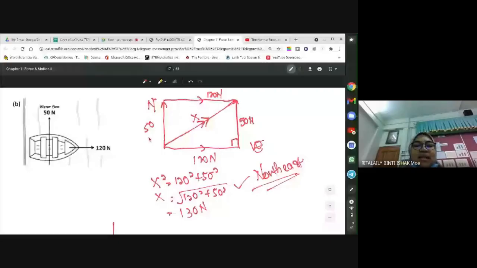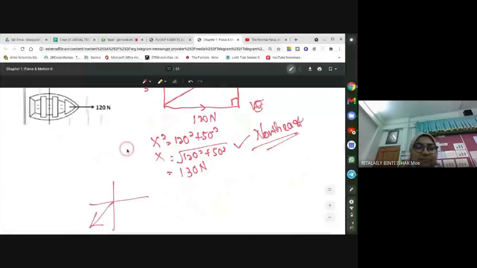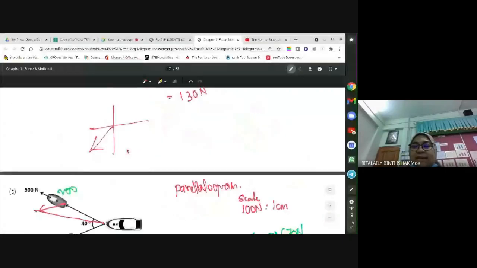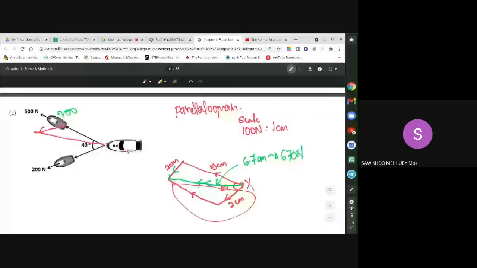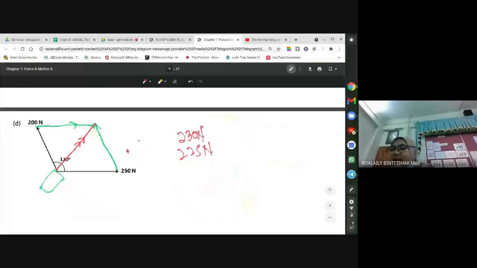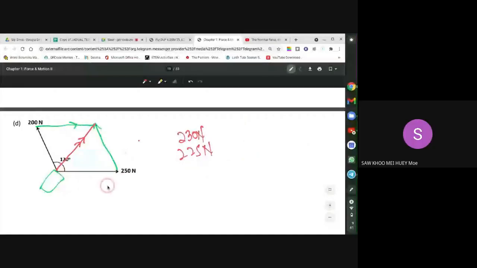Okay, so any question? Any more questions? The others are quiet? No, Teacher. Okay, so since there are no more questions on the resultant force,